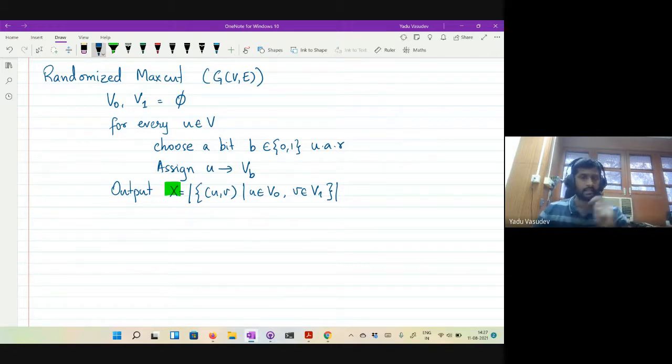So in this algorithm, suppose I fix a max cut. What is the probability that it is going to be output by this algorithm? Let's do the same analysis as for min cut.